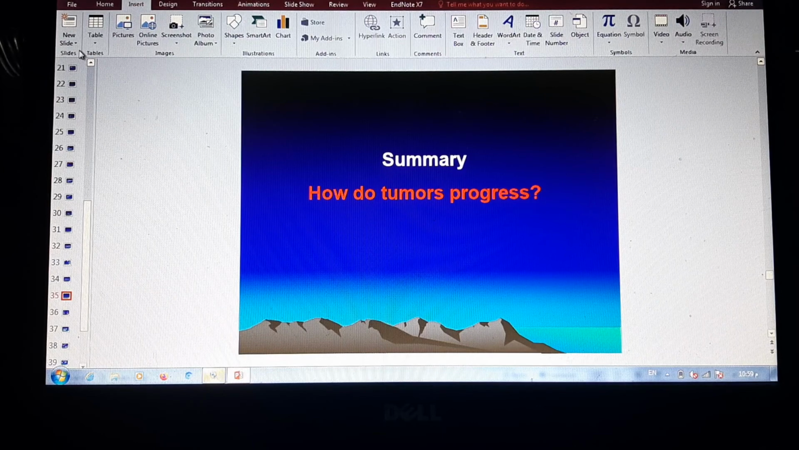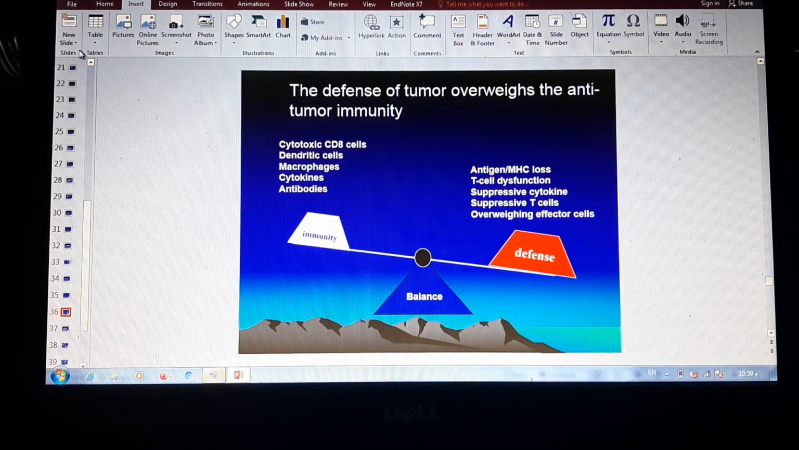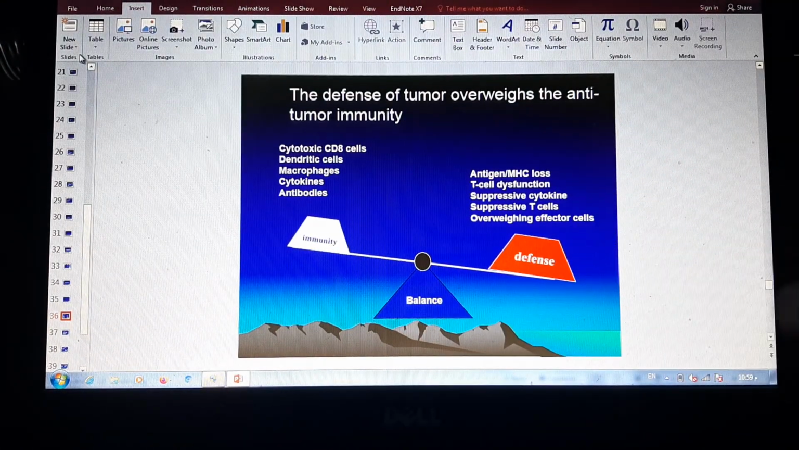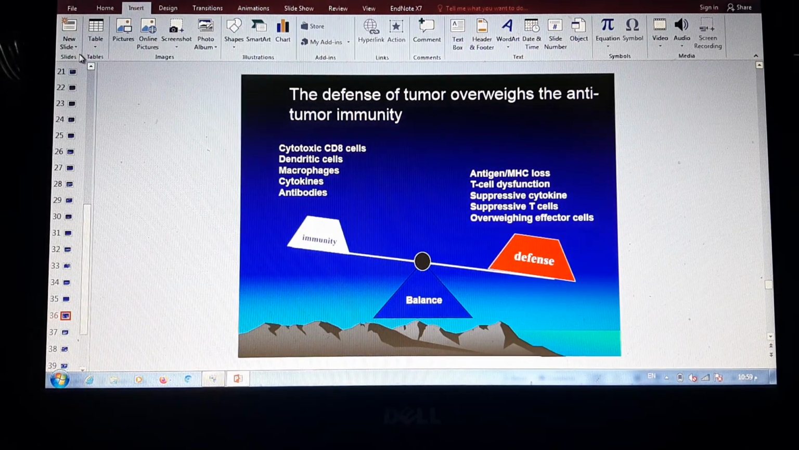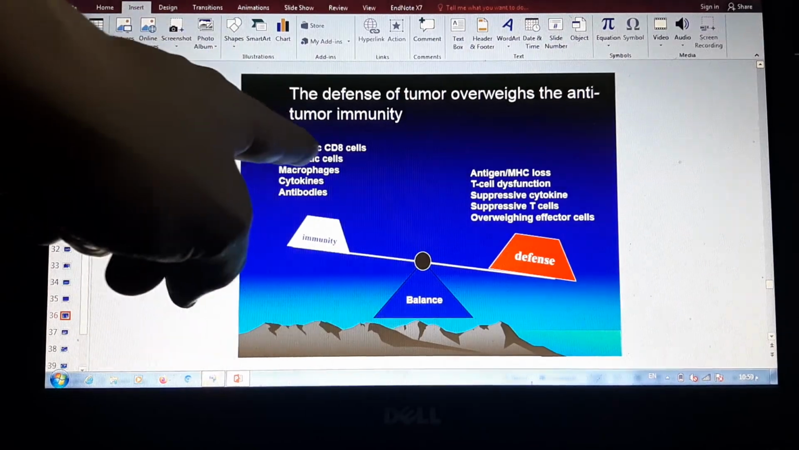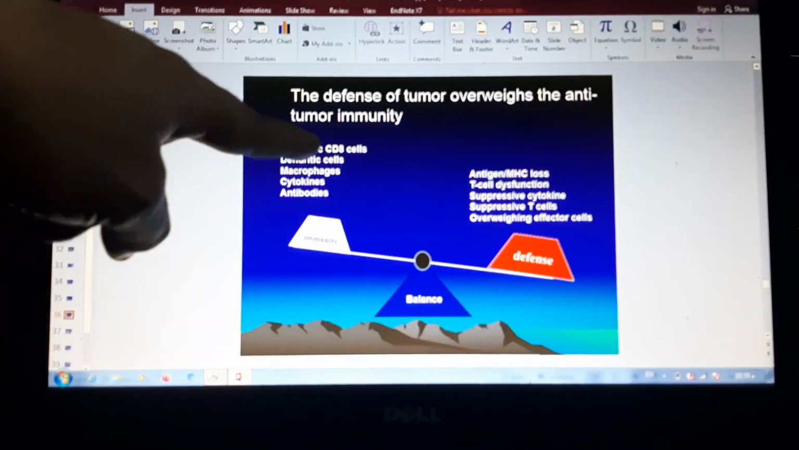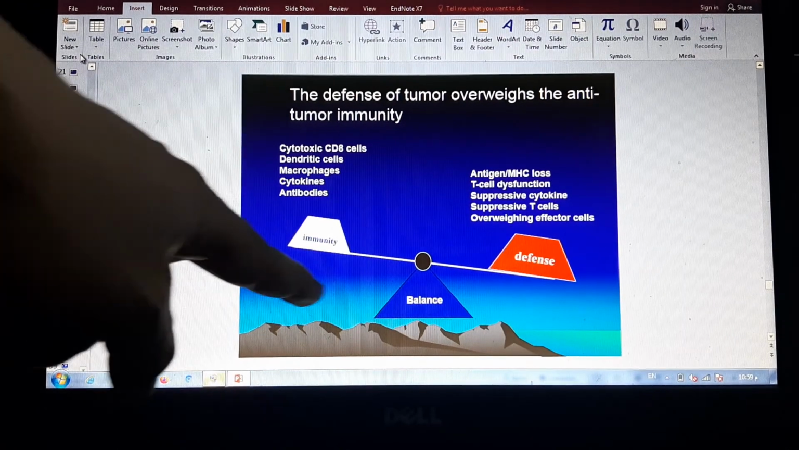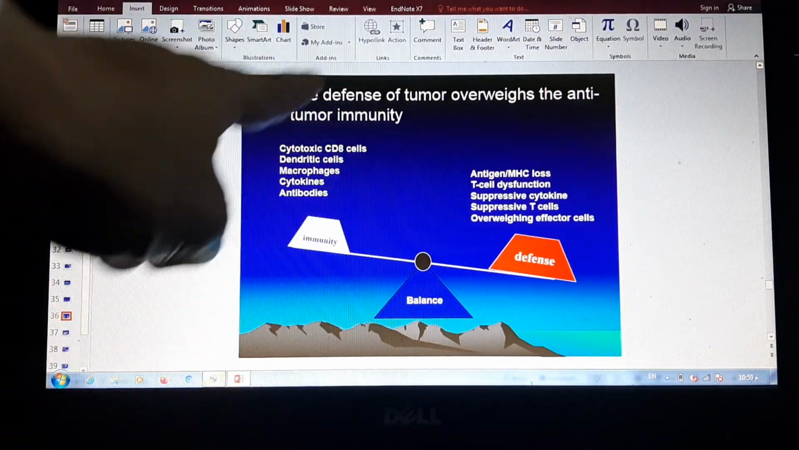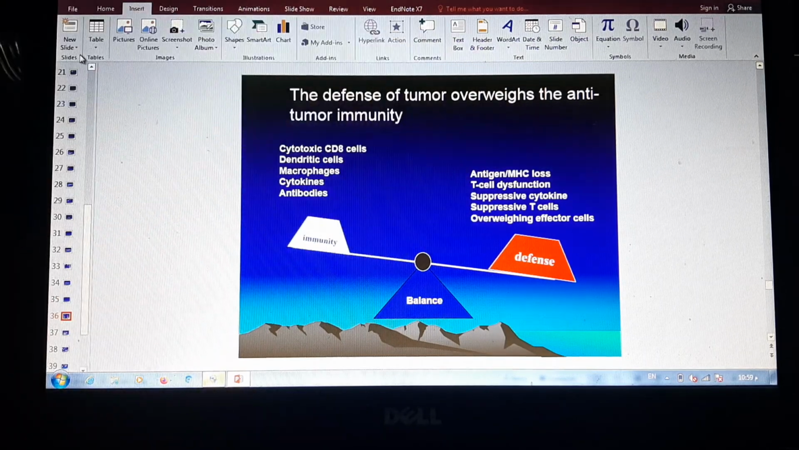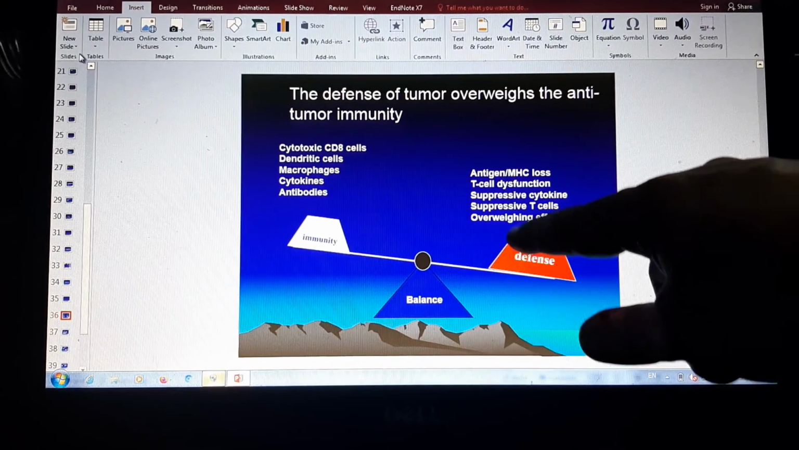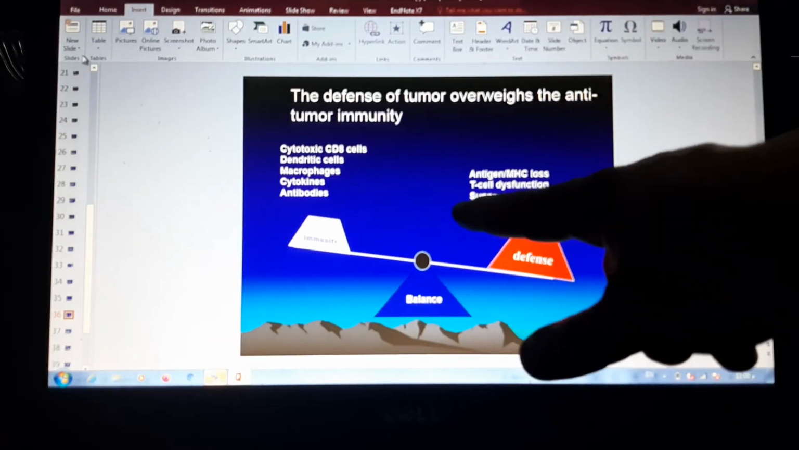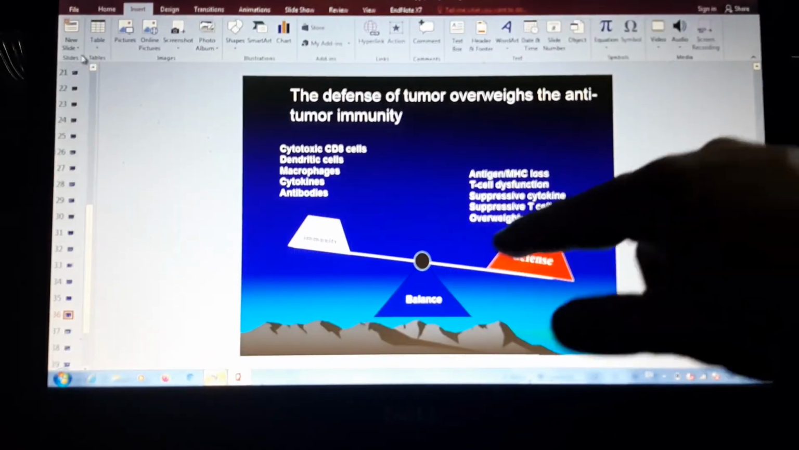Now, in summary, how do tumors progress? As you can see, there is a balance between the defense mechanism of the tumor and the immunity of the immune system. The cytotoxic CD8 positive T lymphocytes, the dendritic cells, the macrophages, the cytokines, the antibodies, all these are our immune system weapons against the cancer. While the defense by the cancer may include antigen MHC loss, the T cell dysfunction, the suppressive cytokines, the suppressive T cells,